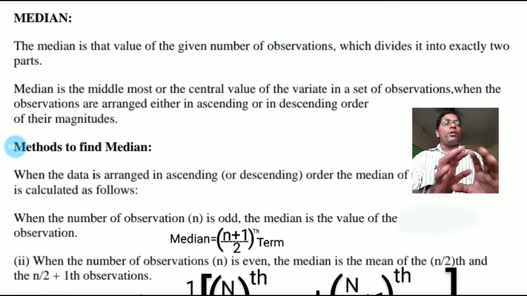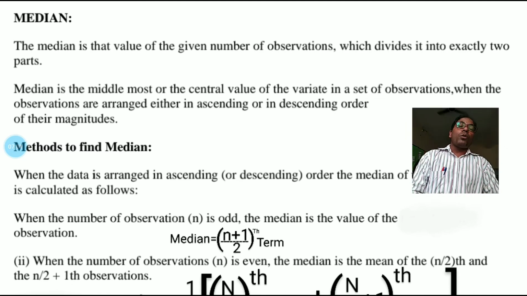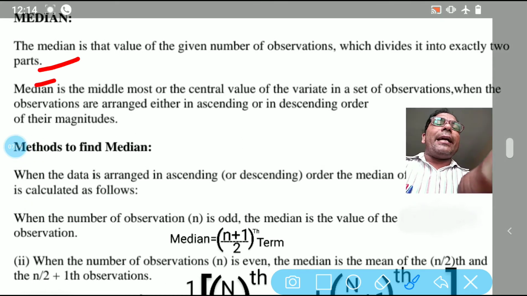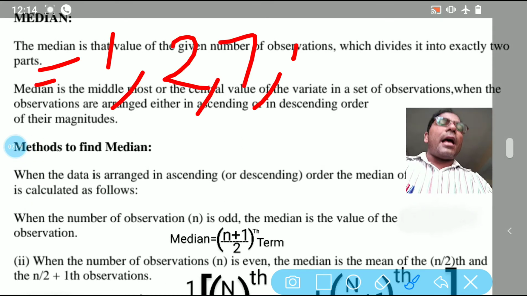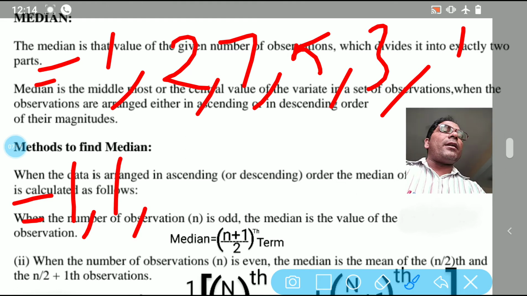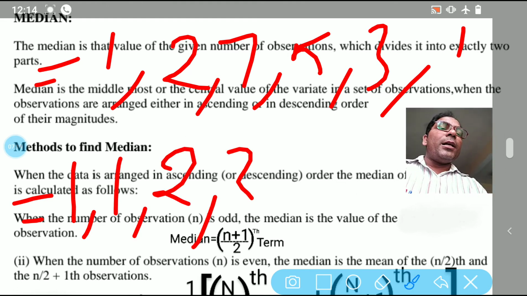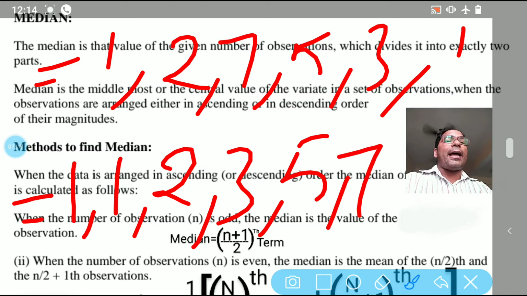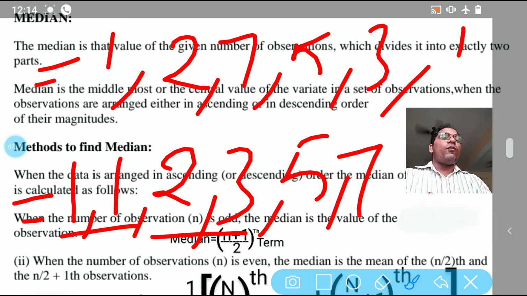So if you are finding the median, it is very important that you first of all arrange the data in ascending order. Okay, for example, I am going to tell you. Here you can see the example. Suppose data is given like this: 1, 2, 7, 5, 3, 1. So first of all, you have to arrange the data in ascending order: 1, 1. Whatever terms are there, you have to write each term. 2, 3, 5 and 7. Now you can see this data has been arranged in ascending order. And how many terms are there? 2 plus 2, 4 plus 2, 6.